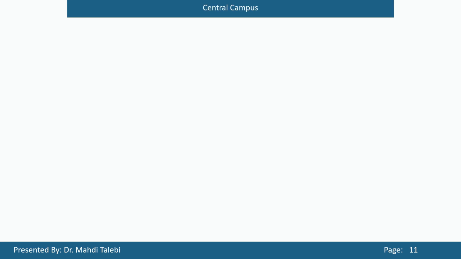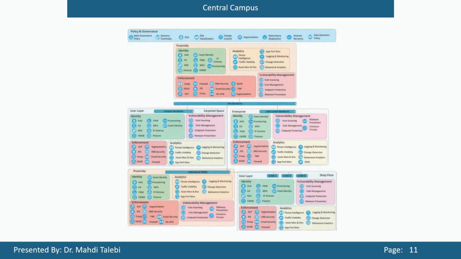In a zero-trust architecture, the concept of never trust, always verify is applied thoroughly across all layers and areas of the network, from user-facing applications to the network backbone. Breaking down the architecture, we start with the policy and governance at the top layer, which encompasses a wide array of operational and security strategies, such as data governance, quality of service, risk classification, control mechanisms, segmentation, redundancy, disaster recovery,